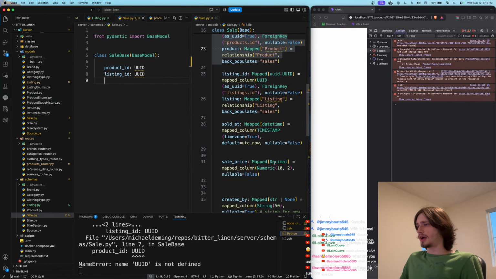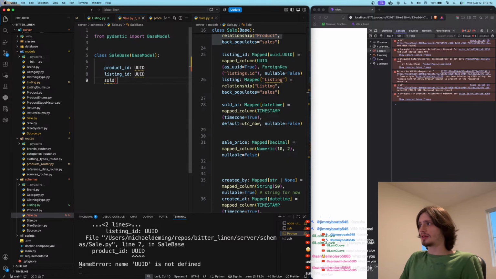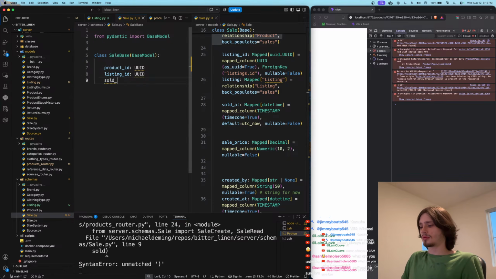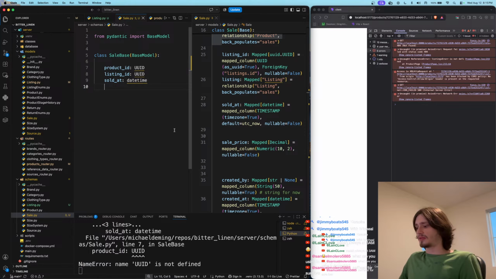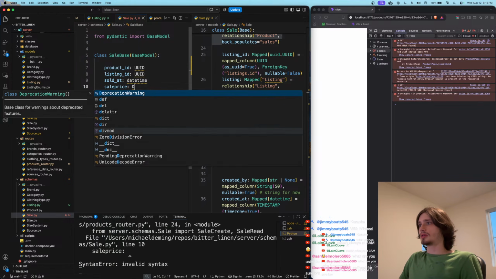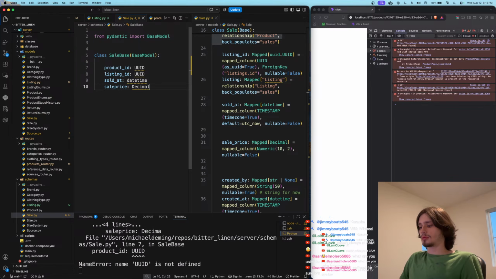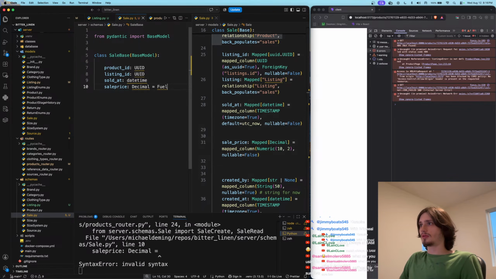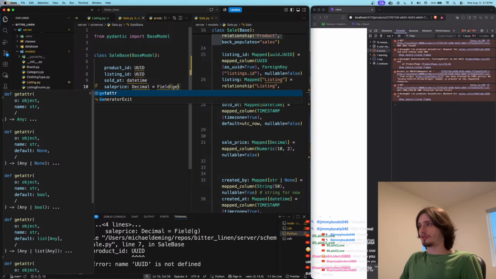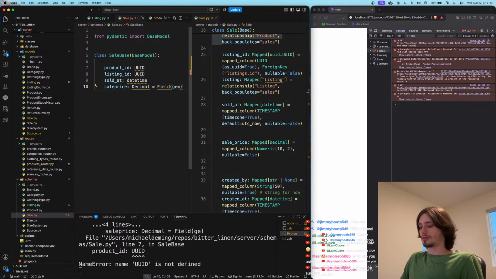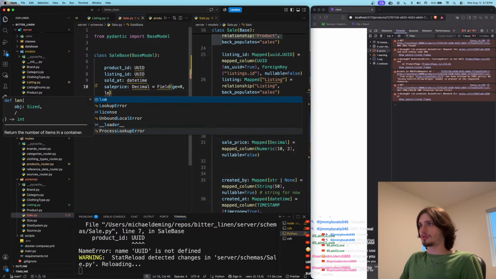It's going to have a sold at, which is a datetime. It's going to have a sale price, which is a decimal equal to a field where we have greater than or equal to 0, less than or equal to